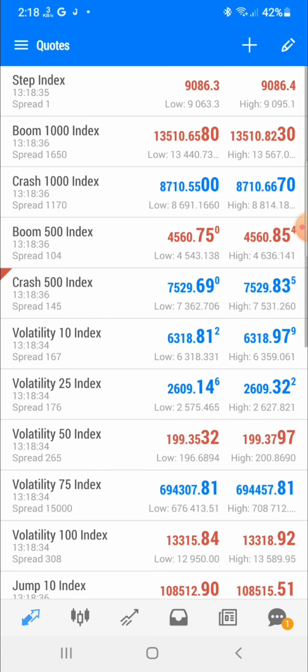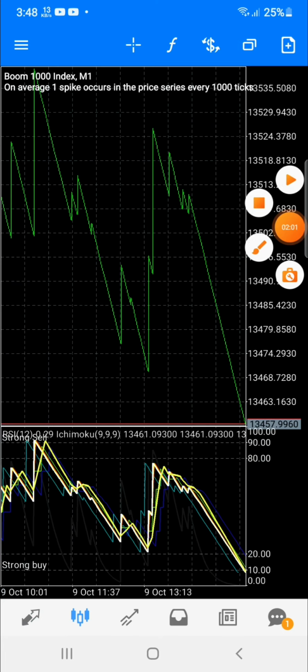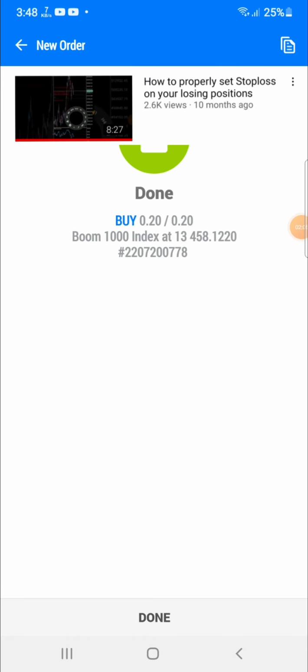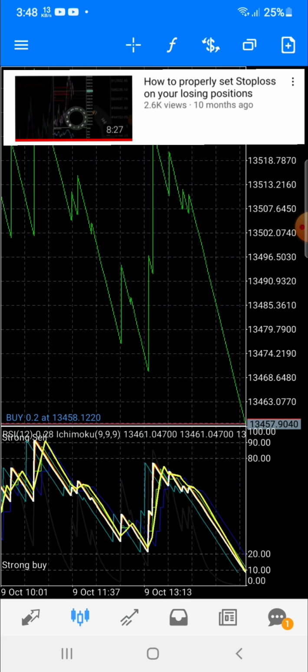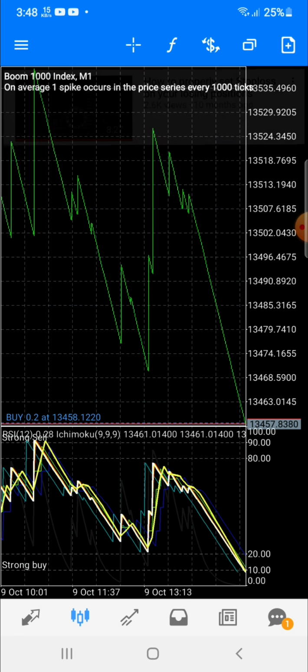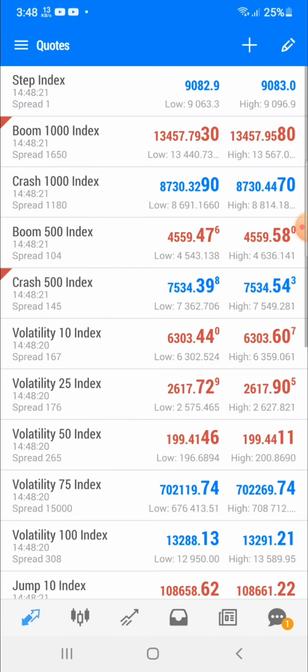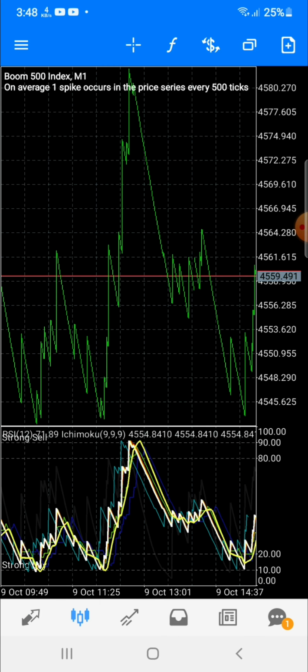So what you just have to do is set the stop loss. But I've made a very nice video on how you can properly set stop loss. I would also leave that in the description, because that video is very, very nice, it's going to help you determine the perfect parameter to place it. But don't just set stop loss anywhere you want in a trade.